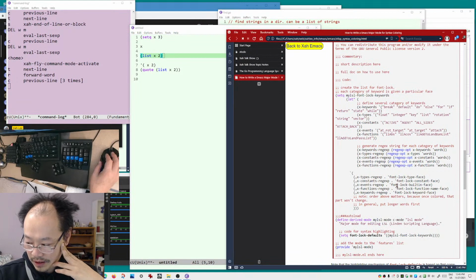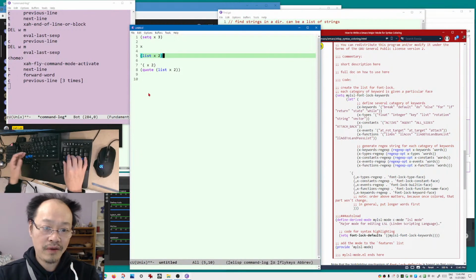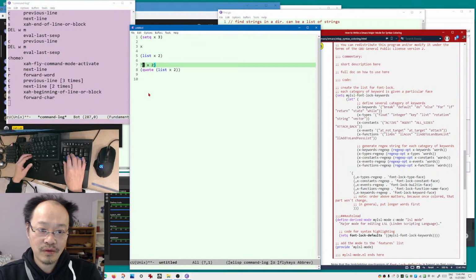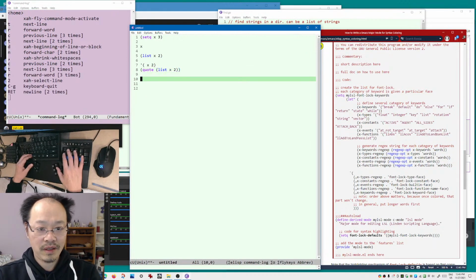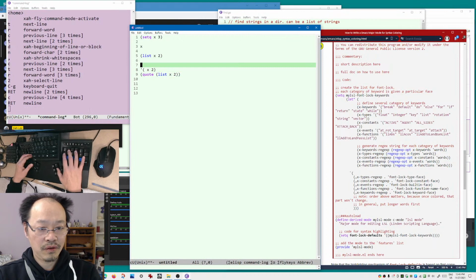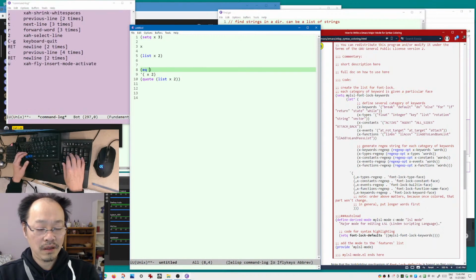Quote list. Basically, when you have an apostrophe in front, that means do not evaluate each element. Now it's equivalent to, I'm pretty sure it's equivalent to this. Okay, can we do an equal? This is actually,